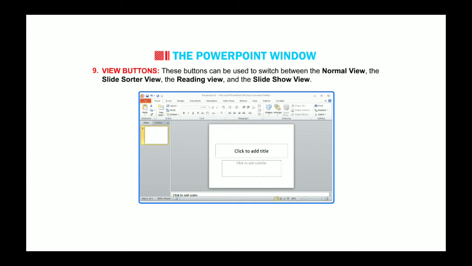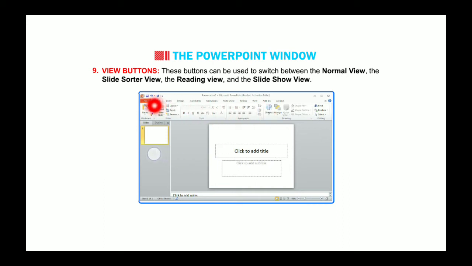Next, the views button. This button can be used to switch between the normal view, the slide sorter view, reading view and the slide show view. Here are some views of the slide which can be seen, and we can switch to any view using a view button.